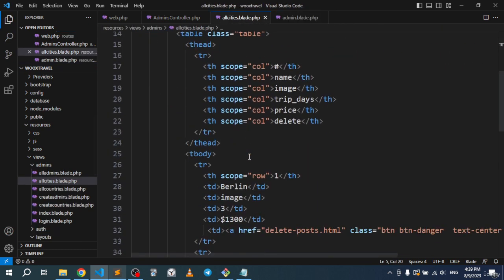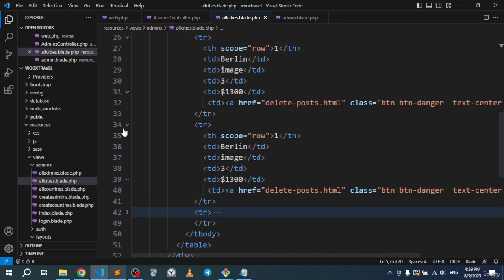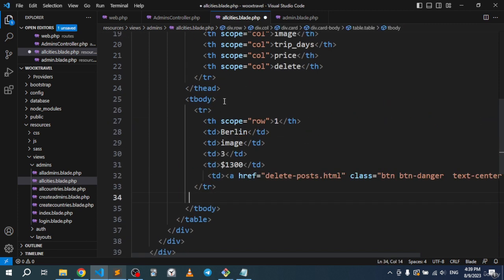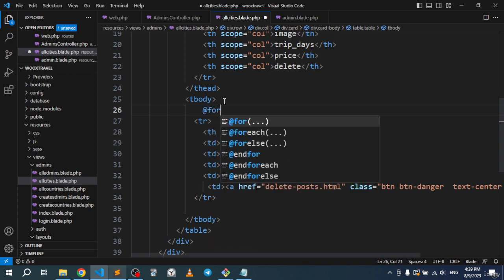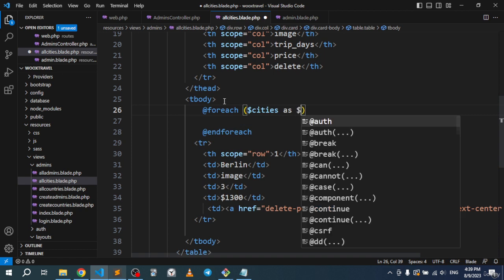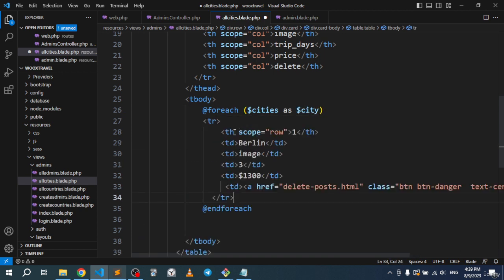So what else? Yeah, the next thing will be displaying the data. So let me delete those TRs, for example, here, and I want to go ahead right there and go foreach like that, and I'm gonna go cities as city like that, and I'm gonna go ahead, cut this and paste. All right, so there we go. I'm gonna go ahead and copy this city, and right here we can just display the ID simply like that. All right, so let's copy this, and there is the name,